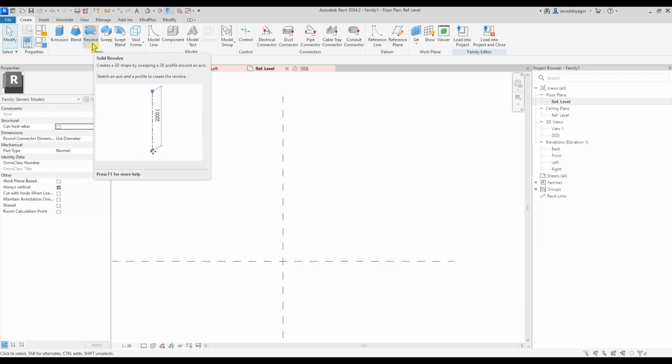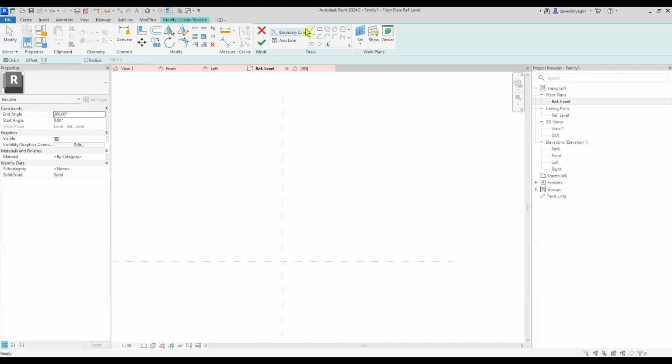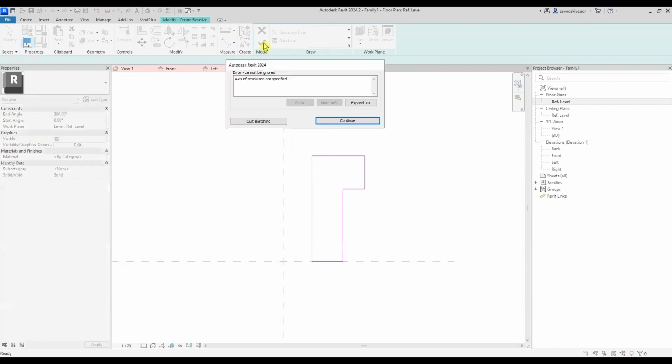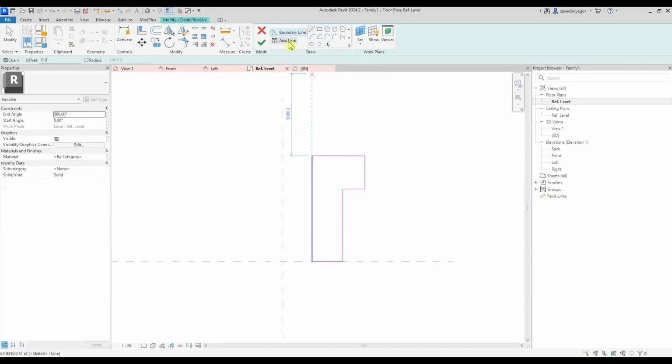We need to draw an axis line and then draw some profile. Click on Revolve. Here we have many options for how to create the geometry. For example, I choose line to create the sketch and draw some sketch like this. Escape. If I try to click on the green check mark now, I'll get an error because I didn't draw